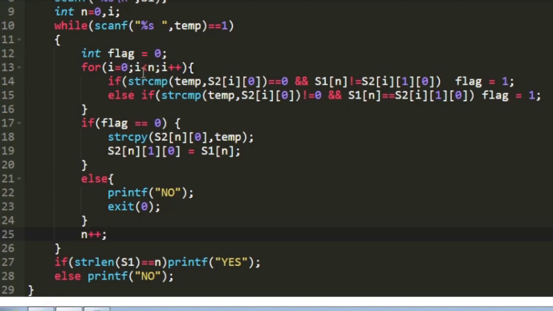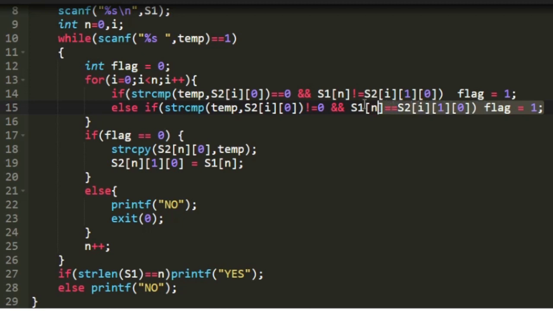Whenever we are accepting a word, we traverse through the two-dimensional character array S2. Within the loop, every word must be represented by the same character, or every character must be pointing to the same word. If this condition is not satisfied, we set the value of flag to 1.